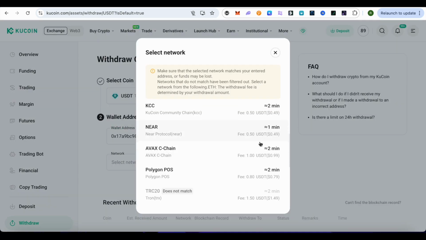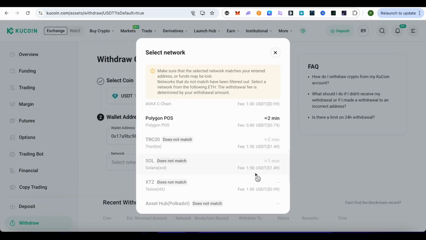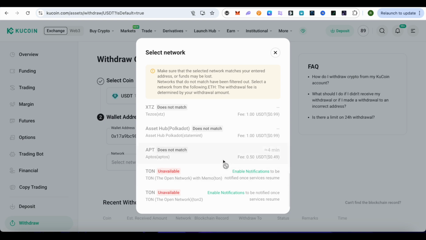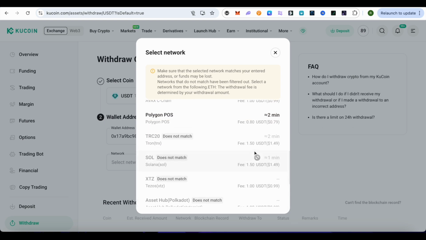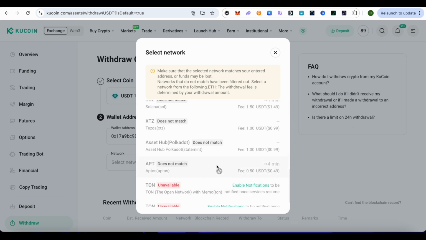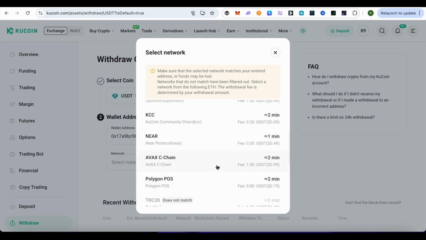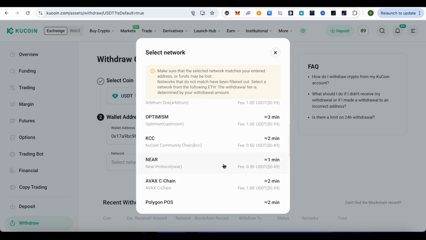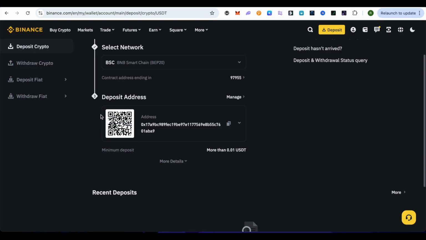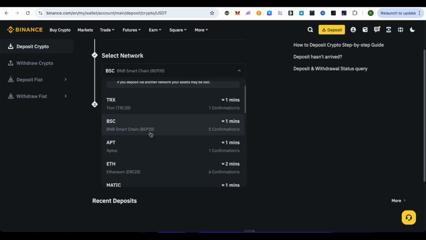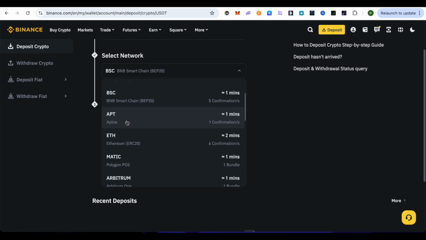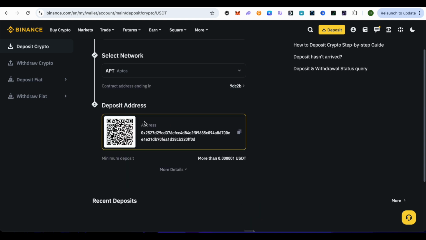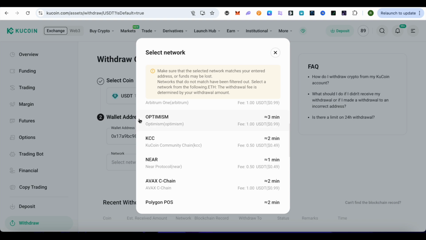Just simply check out the network with the lowest fees, and currently it seems the Aptos or the NEAR protocol or the Kucoin chain is offering the lowest fees. So we can check out whether these networks are available for us. The Aptos one is available, so we will simply select the Aptos one and then copy the address again, and